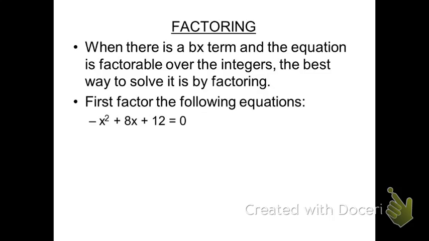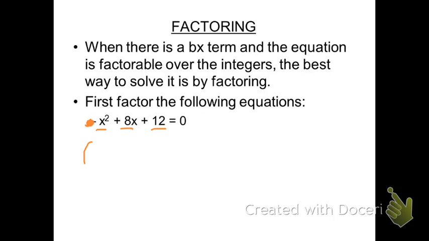So again, when there is a bx term and the equation is factorable over the integers, the best way to solve is by factoring. So first, factor the following equation. One thing I want to point out is that that is not a negative sign. That's just a bullet, so let's just cover that up. Now to factor a trinomial, which means it has 3 terms, x squared, 8x, and 12,